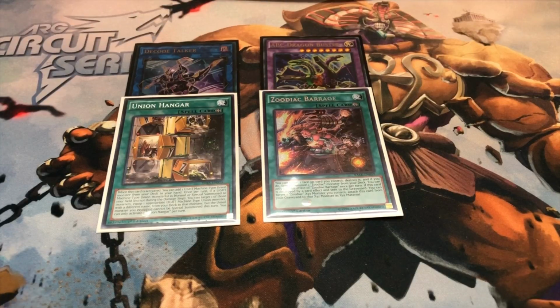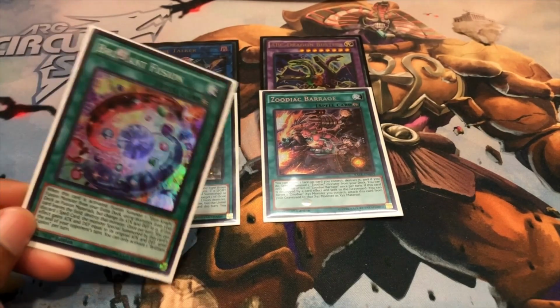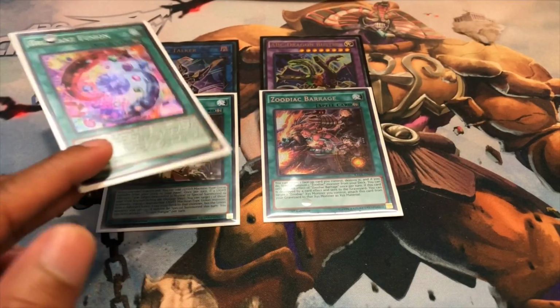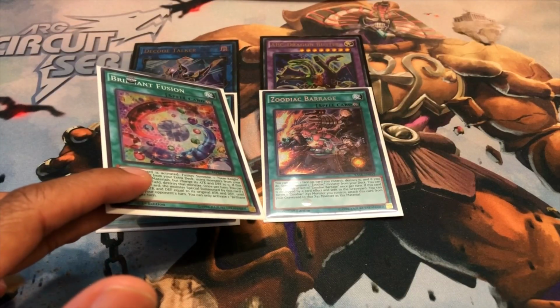Like if you compare it to something like Brilliant Fusion, even if you don't draw Hanger but you have Brilliant Fusion in hand, for example, you're going to be able to summon Decode Buster. Or even if you're not able to summon that, you're able to make a lot of other plays. You're getting an extra normal summon, you're special summoning Trick Clown, and there's just a lot of things going on when using this engine. And same with the Symphonic Warrior, so some of the other engines are a little bit better in that regard. However, they both have their pros and cons,